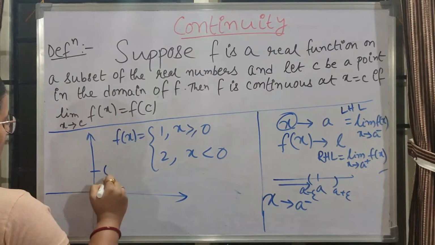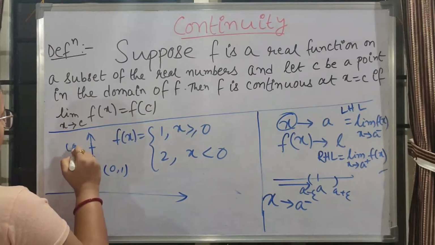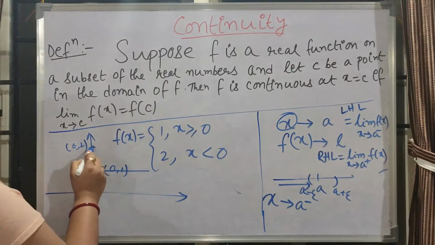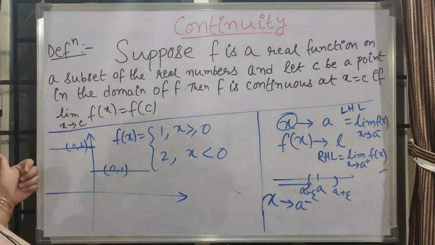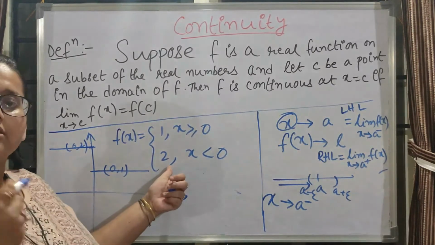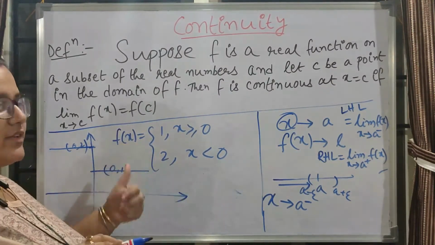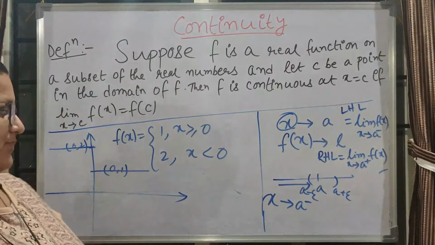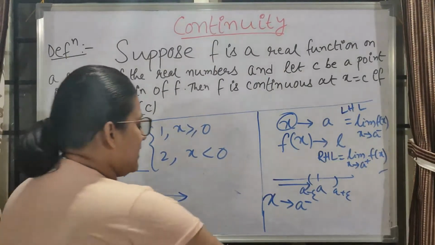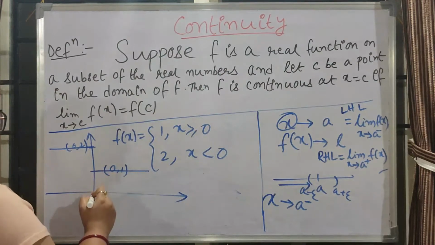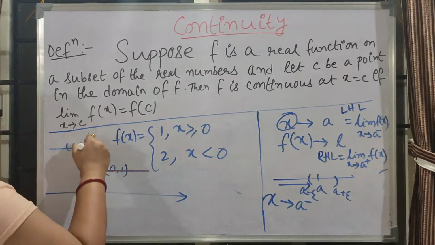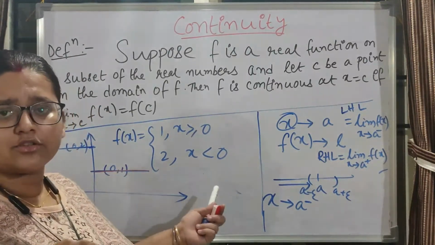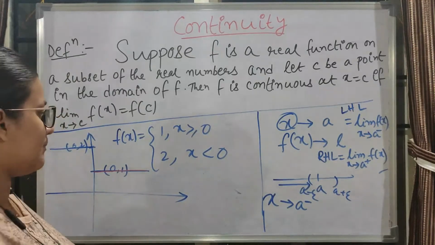So here is (0, 1). Here is (0, 2). For x greater than or equal to 0, it goes this side, and for x less than 0, it is this side, because for x less than 0 the value is 2. Means for all negative values of x, f of x value will be 2, and for all positive values including 0, f of x value will be 1. So see this thing: whenever we are drawing the graph, we draw from here, and then whenever we move to here, we have to lift the pen from the paper, right? So this curve is not continuous, from a graphical approach we can say.